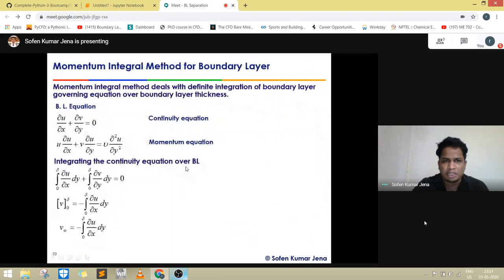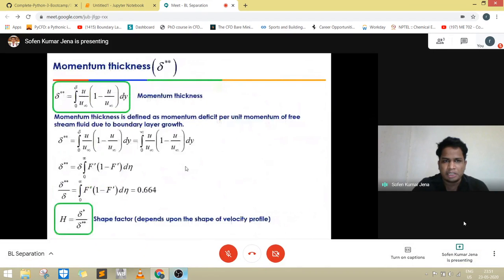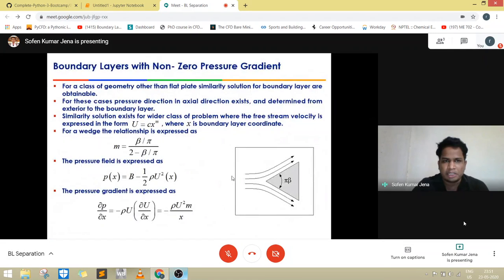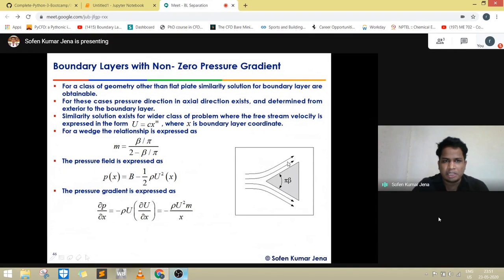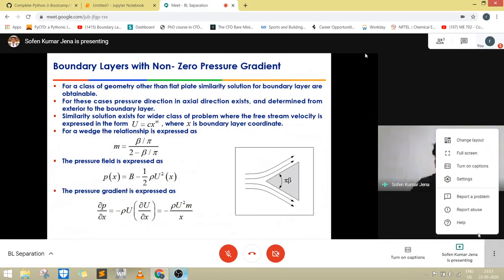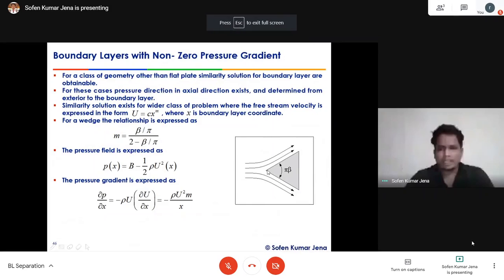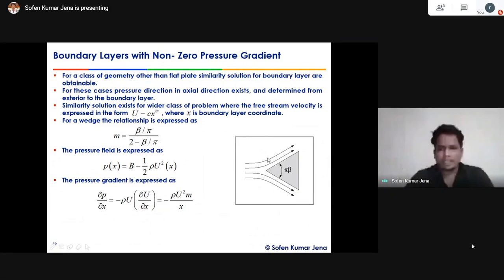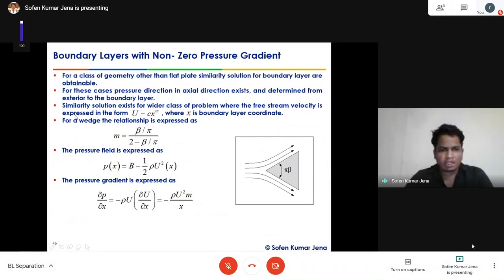Let's come to a point. This is a wedge shape block. Some free stream flow is coming, directly hitting the wedge shape and splitting into two parts. For this kind of geometry the pressure gradient is not necessarily zero, but the boundary layer starts to form on the solid surface. The free stream velocity is again along the streamline direction. We can denote it by capital U, which stands for the free stream velocity.